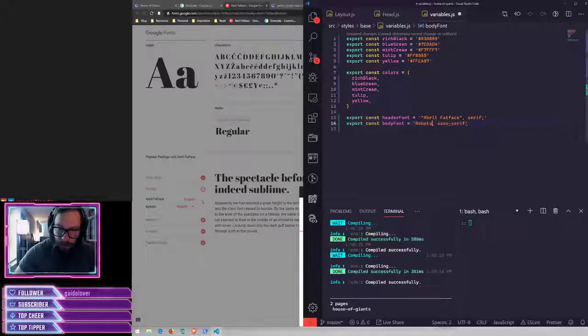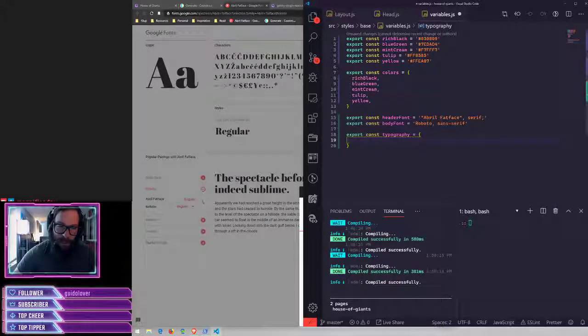And we don't need the quotes around this one since it's a one-word font name. You generally only want the quotes around font names that have a space or are multiple words and/or have weird characters and stuff like that. So yeah, no quotes here, quotes there. I suppose it won't hurt anything, so we can export const typography,